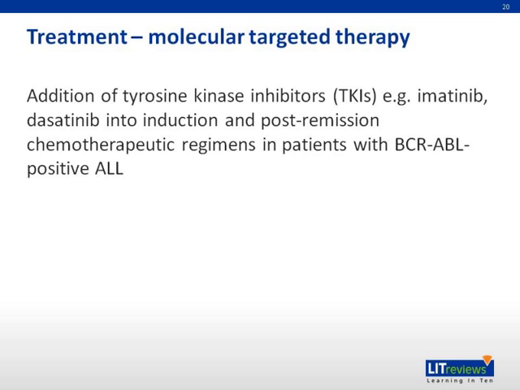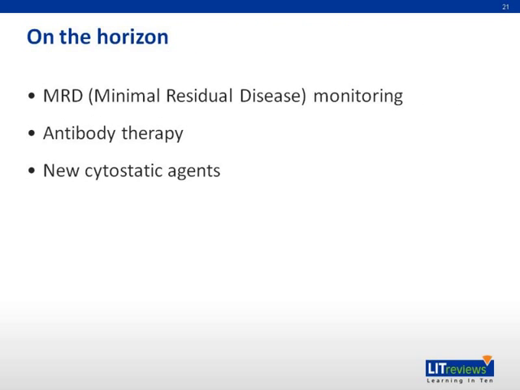The tyrosine kinase inhibitors have allowed molecular targeted therapy in Ph-positive ALL patients. On the horizon is MRD monitoring by flow cytometry, which has shown promise and may turn out to be the most important prognostication tool. At present, this technique is used in different ways and generally lacks standardization in terms of the best time of when it should be done in relation to the chemotherapy cycles.